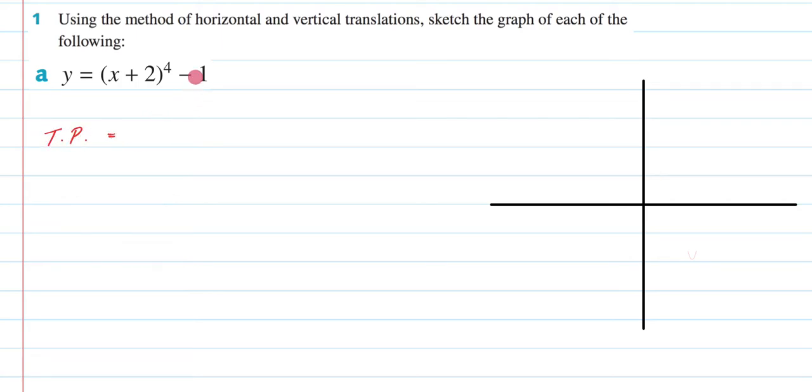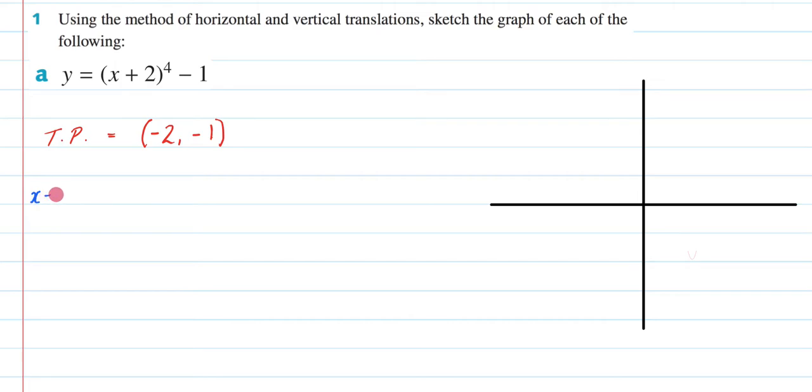My turning point for this is going to be -2, -1. So remember, you're taking this value right here and making sure you change the sign, but you don't have to change the sign for this one. It's just what it is. After we find what the turning point is going to be, the next thing that we're going to do is